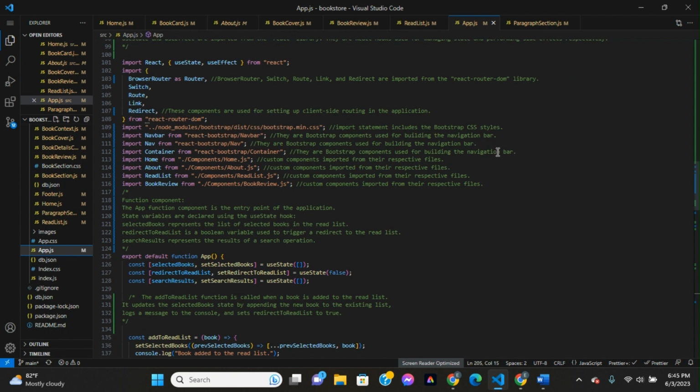So React Bootstrap Container. Obviously you have to install all the Bootstrap, and I don't remember the whole list right now to cover in this quick video, but quite a bunch of installations were done throughout the period of test and trial. So these are the main things in the navbar: the home, the about, the read list, the review list. These are the pages on the navbar that you can go in through, and there you'll find all the different components that make this app work and do what it's supposed to do,